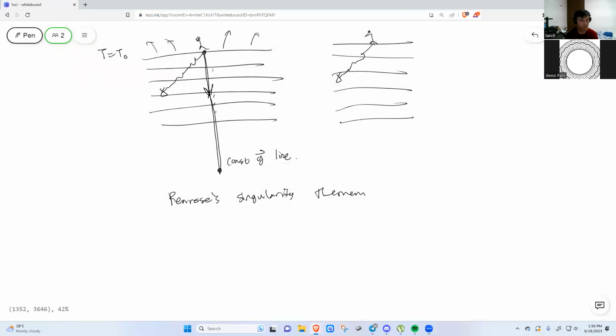So I'm not going to prove the theorem. I'm just going to state it and do a sketch of how you would go around proving it. Penrose's singularity theorem makes a few assumptions. The first assumption, P1, is what is called the null energy condition, which is basically equal to saying that